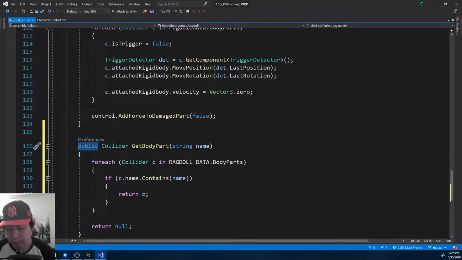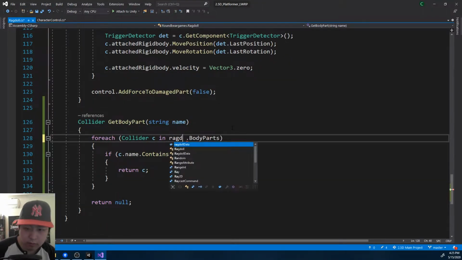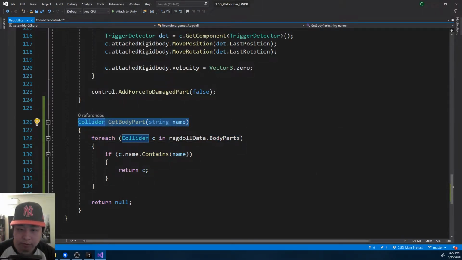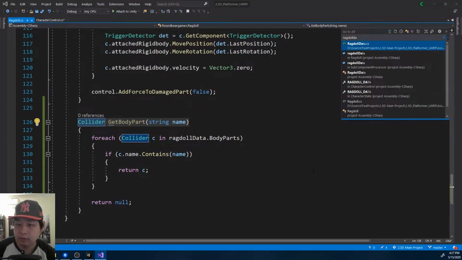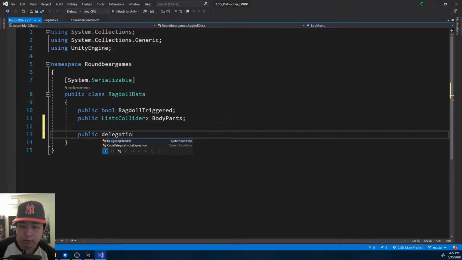It doesn't need to be public. We get body parts from the ragdoll data. Now this is a function that takes in the body part name and returns the collider. I'm going to go to the ragdoll data. So we're going to have a delegation where we return a collider. Get collider. After putting in the body part name,